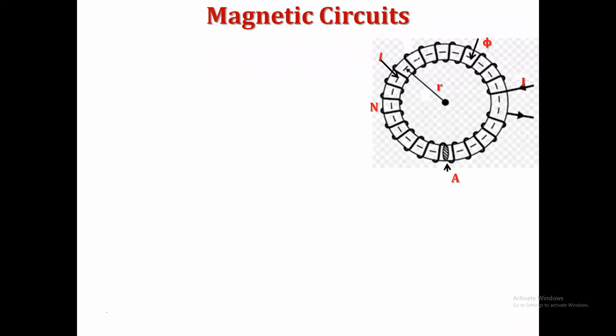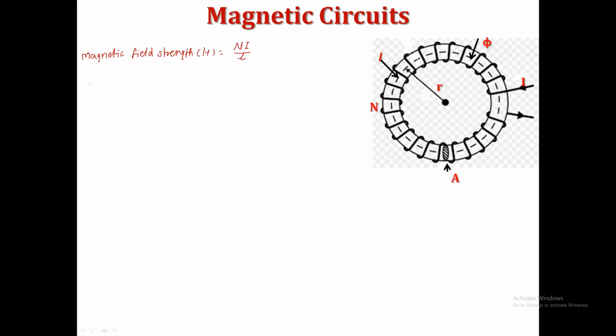Now here I can write down the magnetic field strength. Who will establish this magnetic field strength? It is the current, and the value is equal to Ni upon L. This is the formula for the magnetic field strength in the solenoid coil, and this acts as a solenoid coil.